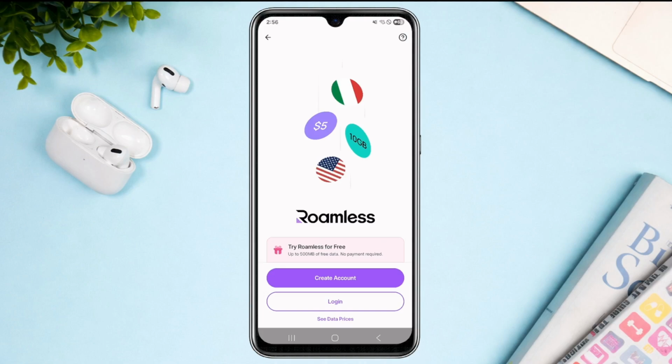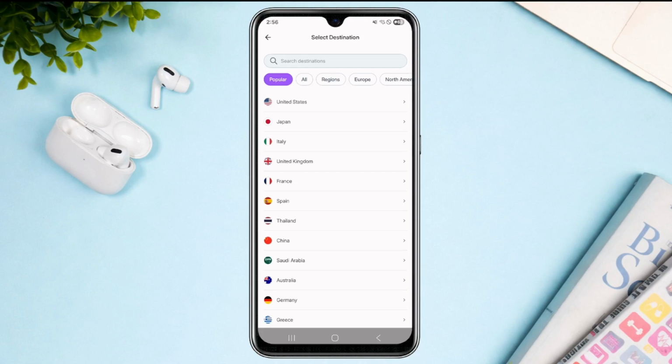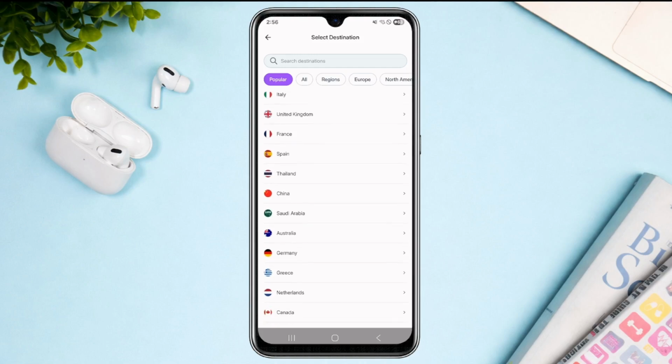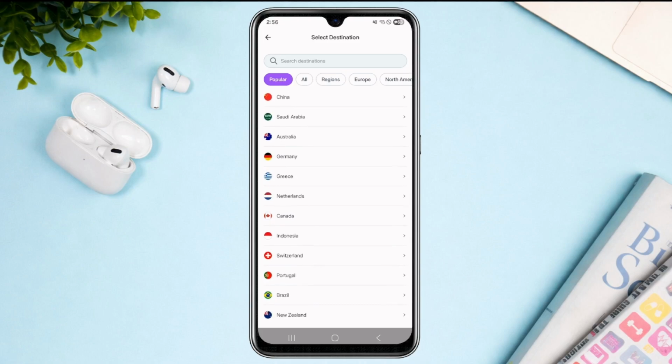And then from here you can go ahead and create an account so that you can complete the purchase on that specific destination that you're going in to use Roamless eSIM. Now once you've successfully completed the purchase, then all you have to do next is to go into your phone